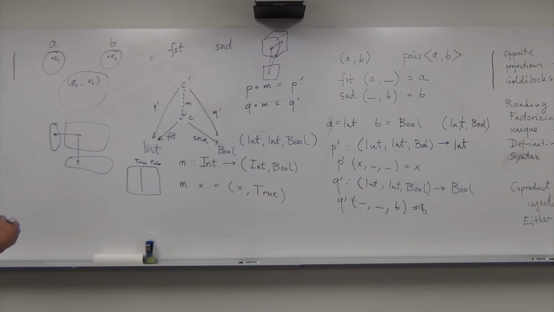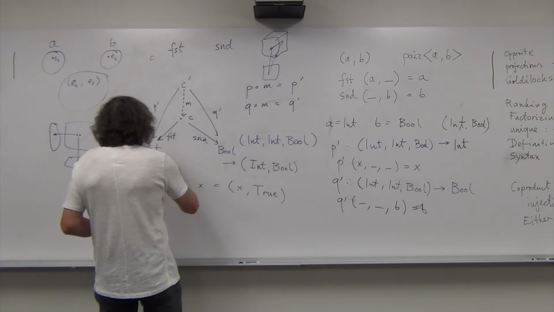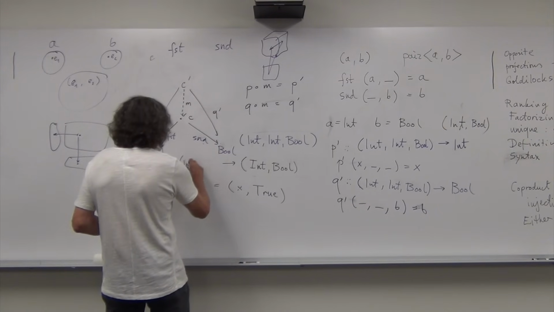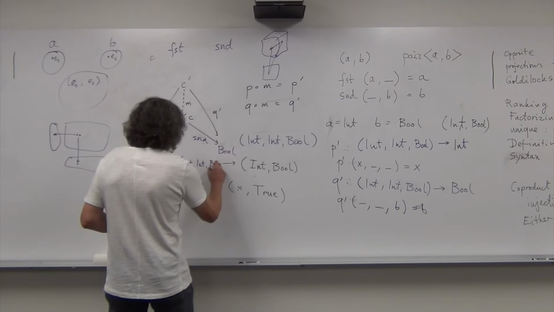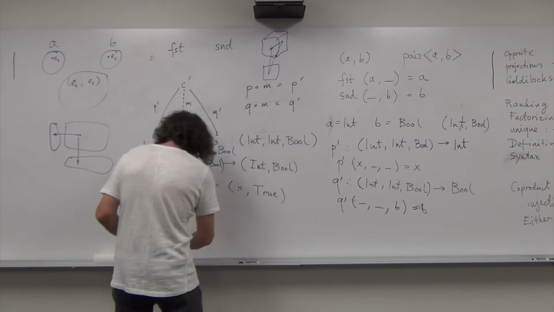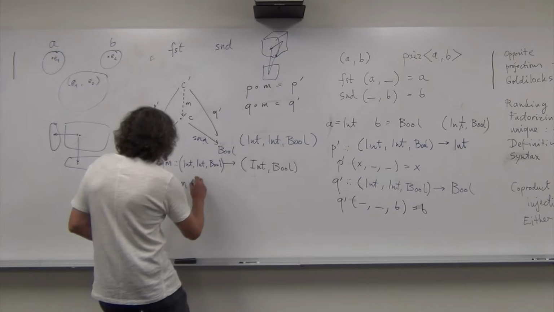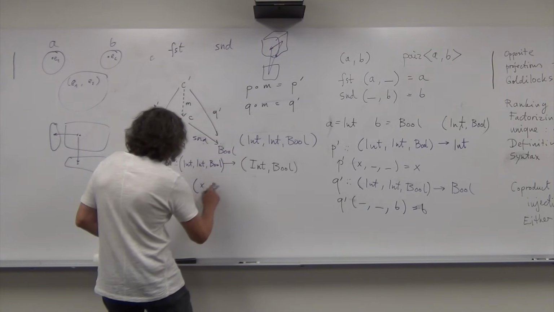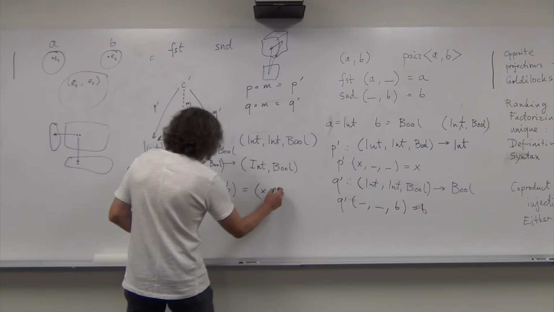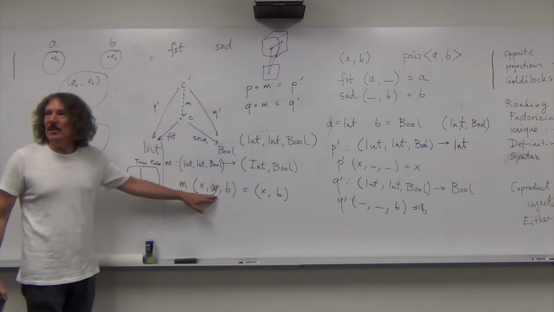So now what is the M in this case? M would have to be a mapping from the bad candidate, which is int, bool, to a good candidate, right? And again, it's very simple. It just ignores the second component, right? So it's x, y, b, and it picks x, and it picks b. Ignores y, right? So it's non-injective,